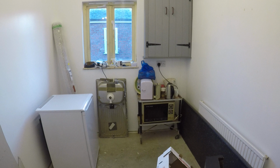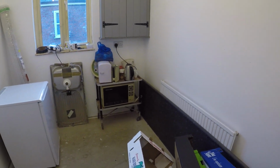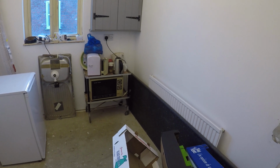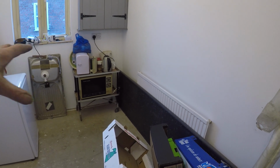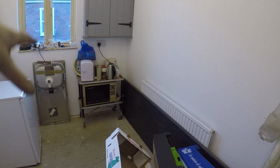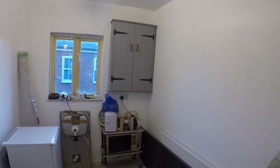this room is going to be the tea room. The fridge is going under that worktop, which is going along that end. I need to get a sink unit, 1000ml cupboard carcass and a drawer pack to go there, and then that will be sink, tea making facilities, microwave oven to heat lunches up. Right, and that's the mains cupboard in the corner which you've seen before in the slideshow. Moving on up the steps here,